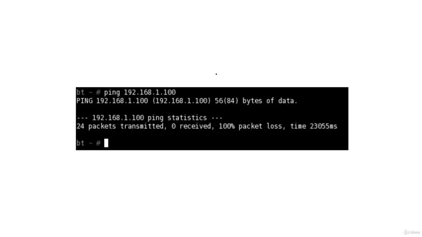The figure shows that 24 packets were sent to the target system and no echo replies were received in return. If we relied simply on ICMP to confirm the existence of a system, we would have missed this particular server, because it is possible that ICMP messaging may be disabled for